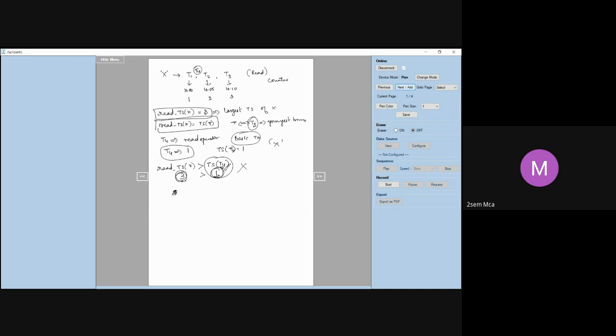But if it is lesser, suppose the timestamp of T4 was 4, then this condition is not satisfied. In that case, you will allow T4 to read, and then you have to set this read TS of X to TS of T4. Now this will become 4. So this will become the recent value of X. T4 will now become the youngest transaction which has done the most recent read or write.